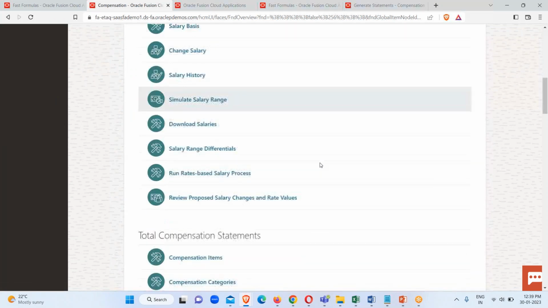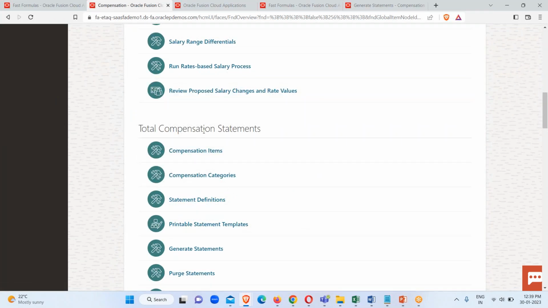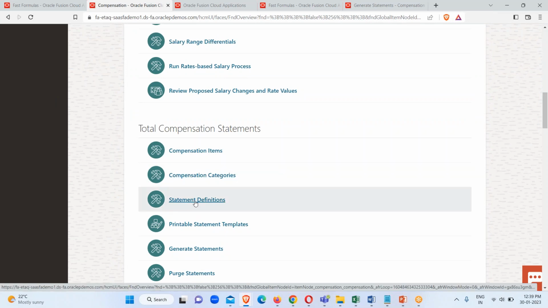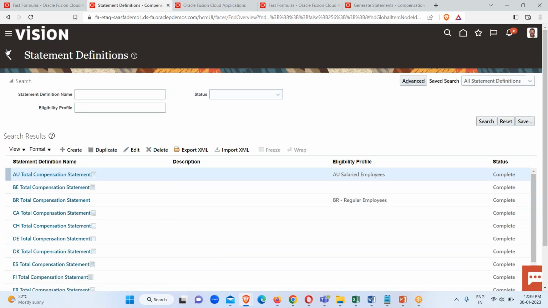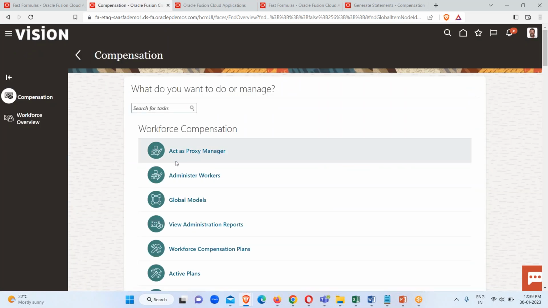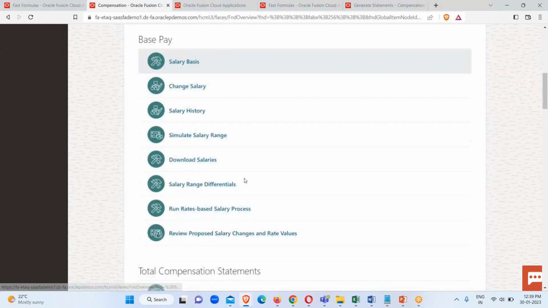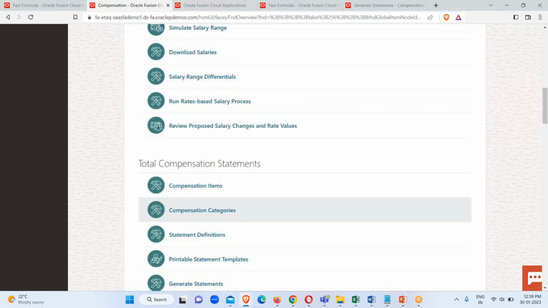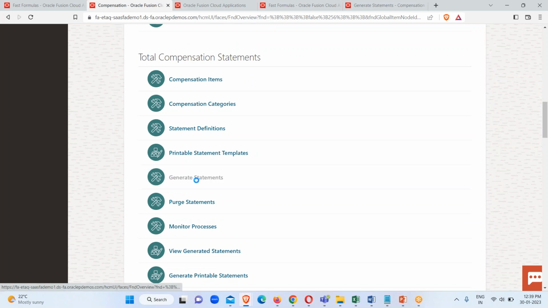So we just have to go to this one, that is total compensation statement, and click on this, go back, we just have to go to generate statement options,